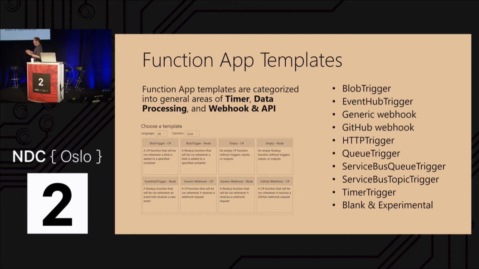But you're going to see one or two screens that just say, tell me what language you want, tell me what kind of trigger you want, tell me what kind of function you want, and you click it, and then all you got to do is fill in the function. And you can see on the right all the different kinds of stuff you can do, and that just expands. I won't say daily, but it's expanding continuously. GitHub webhooks, HTTP trigger, queue triggers. You can see at the top, we're going to do a blob trigger, and there's much more that you can do.